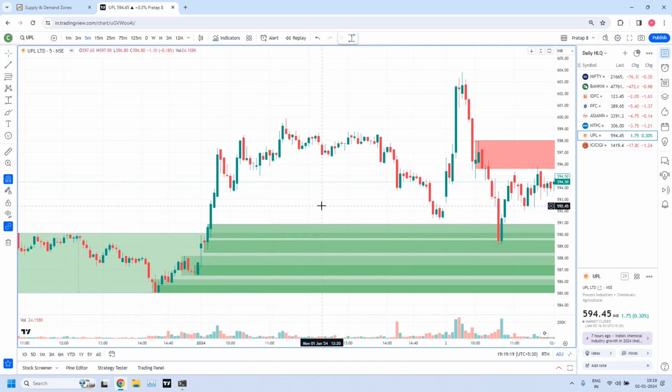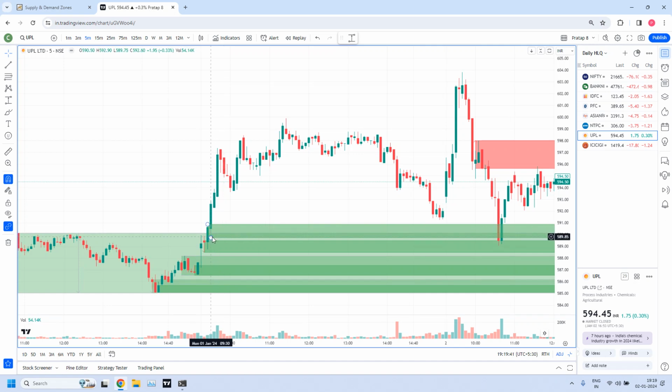There is a demand zone. So there is an order flow here. Most of the time, such kinds of zones work very well. But this zone is a little above our actual demand zone. But when you find such kinds of zones, as per our demand and supply zone